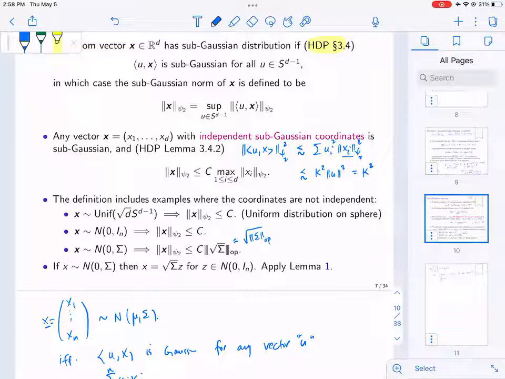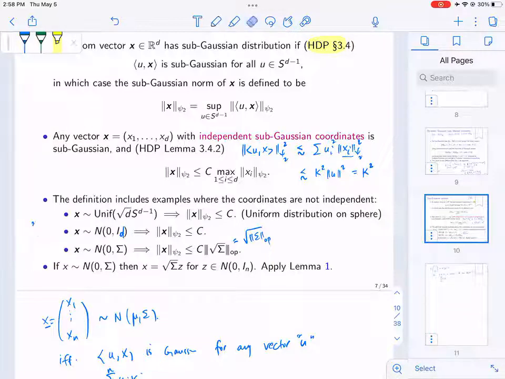So this one is close to this because this uniform distribution is very similar to the Gaussian. If you have a Gaussian, say in R^D, you know that the L2 norm is very close to root D. And so if you have a Gaussian like this, X over the norm of X is unit norm, and by spherical symmetry, this is,